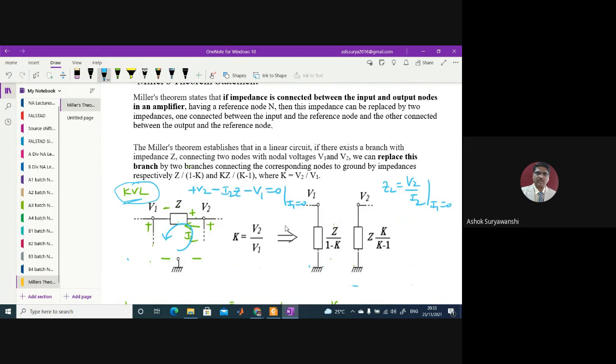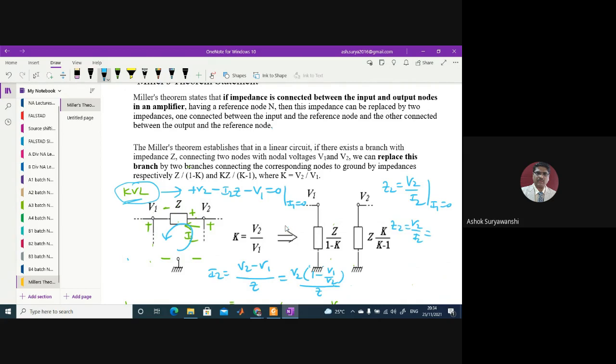Now simplify this. From this equation, I2 will be equal to V2 minus V1 upon Z. So this is our KVL equation, and from that we simplified I2 equals V2 minus V1 upon Z. Now you can simplify this. If I take V2 outside, then inside the bracket it is 1 minus V1 upon V2, and whole divided by Z. Now what do we have to find out from this equation? Z2, which is equal to V2 upon I2. If we take I2 to the right side and 1 minus V1 by V2 upon Z to the other side,